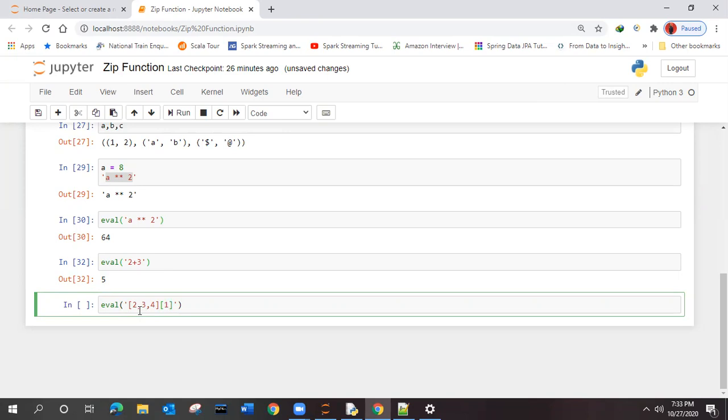I don't think it will work, because we need to give an expression in that, right? Whatever you have written inside the single quote, that is the expression, right? If it works, it will combine both the lists into one list, like 2, 3, 4, 1. If you remember the example of the lists, tuples, dictionaries, just think about it that way. It will be helpful.